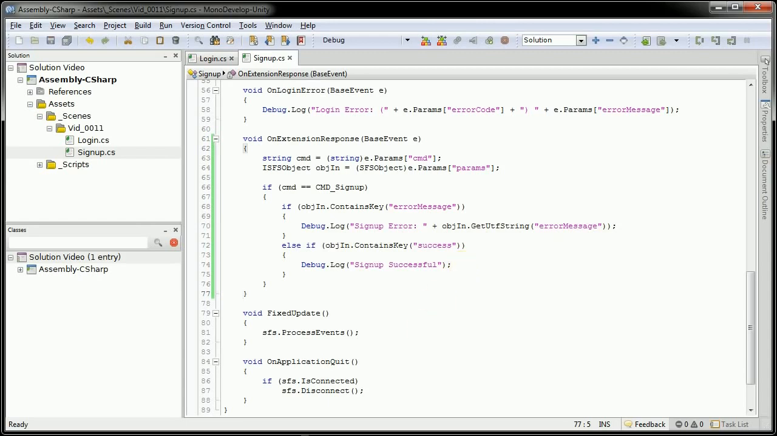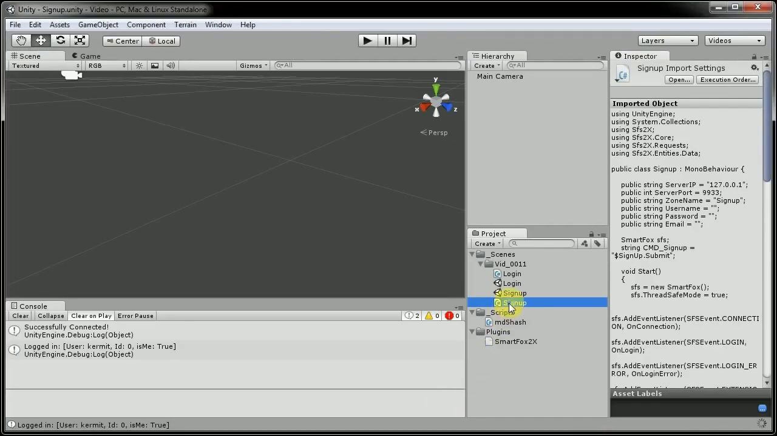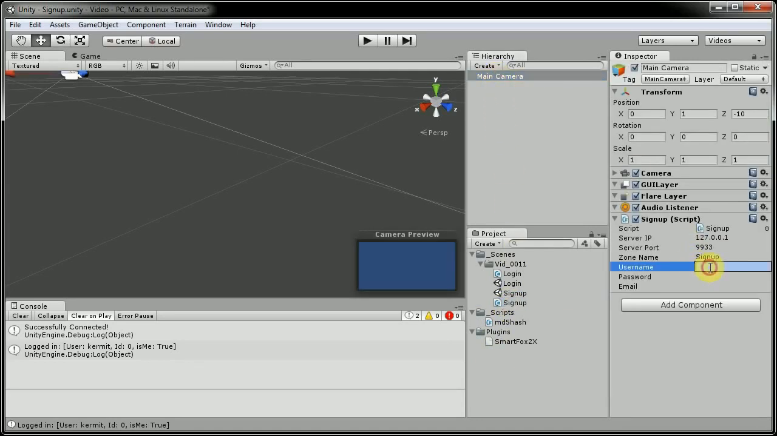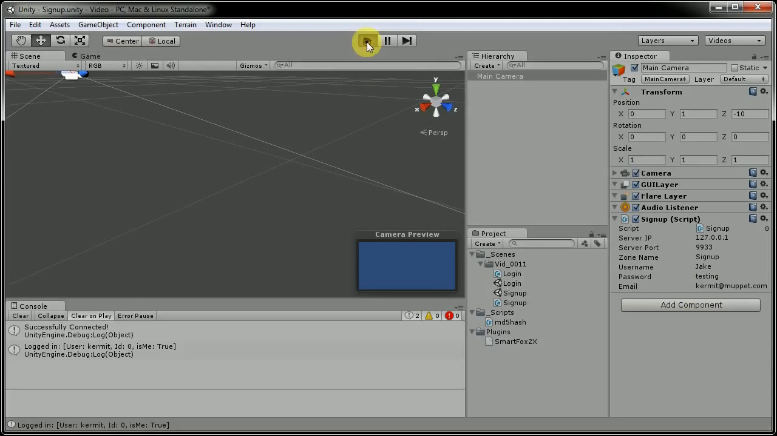Now we'll have to come back into Unity and attach this script to the main camera. And we'll come in here and add the username, let's call this Jake, password, testing, and the email, say if this is actually Kermit trying to create a new account, and he's going to put in the same email address. When we hit play,